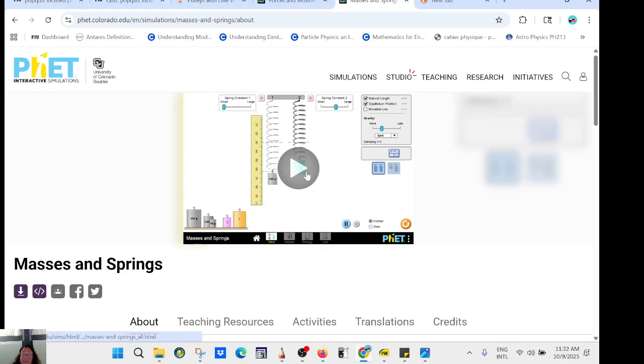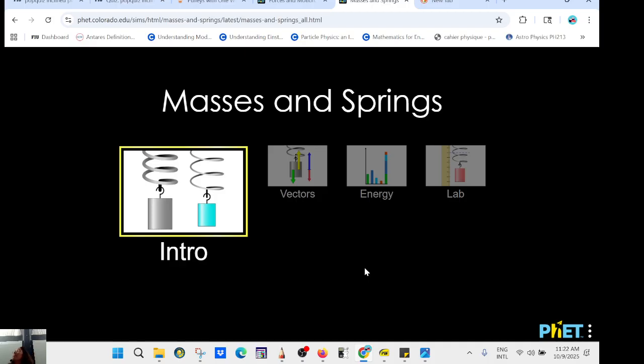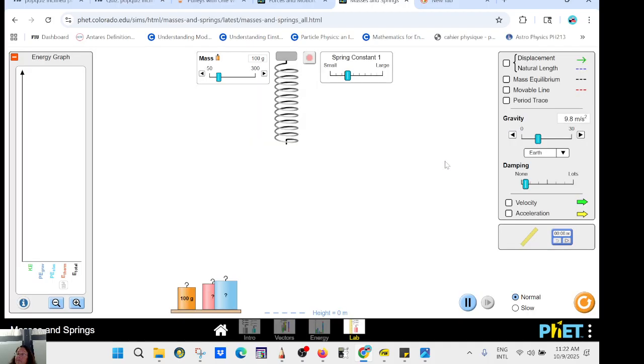Wait, so we assume the spring is massless? We assume the spring doesn't have any mass. Yes, we suppose that. No, the spring can have mass because we are focusing on the load only. For some problems, yes, the spring will be massless. But in that case, for example, let's say,